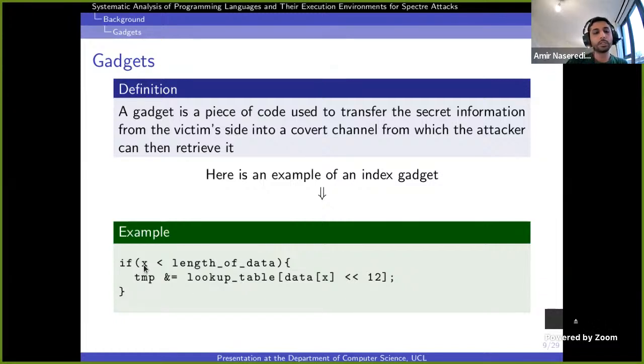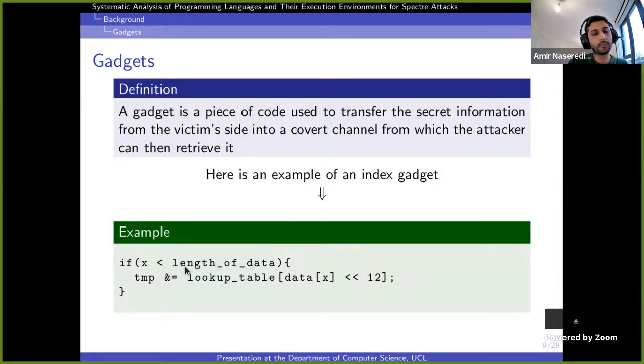Imagine that we run this piece of code 1,000,000 times, and every single time x is less than the length of data. So we know that it's valid and we can access data x, then use it as an index, multiply it by 4,096, and load the lookup table at that index and do something with it.